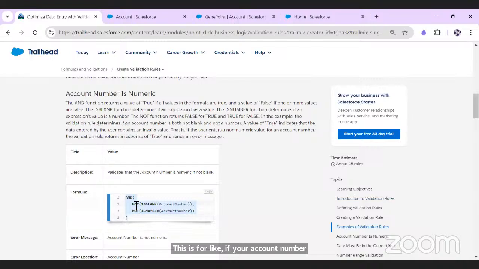So first you will check that it should not be blank. If it is not blank, then the number should be numeric. That's why it is an AND here. So the number is numeric, it's a number. Then you will,